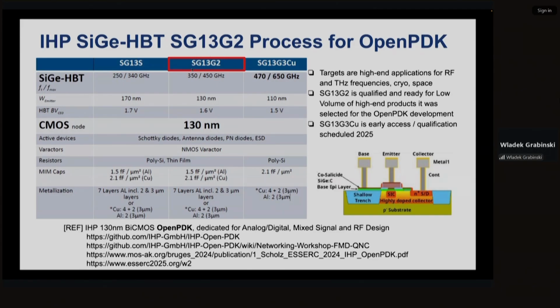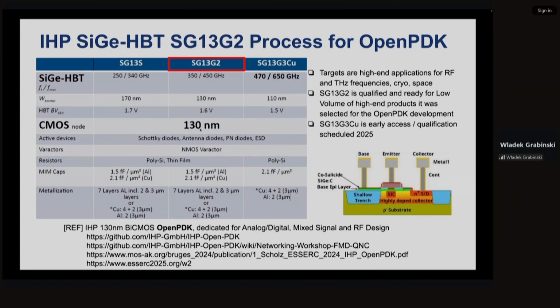We are giving access to a process with the SG13G2 option, and the bipolar devices are operating up to almost 500 gigahertz, so half a terahertz on silicon germanium devices. This is a unique number, and there are no similar processes in Europe offering this quality of RF devices. All is based on a standard CMOS platform.